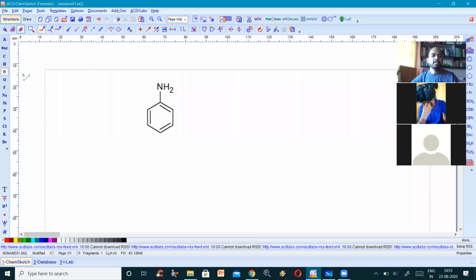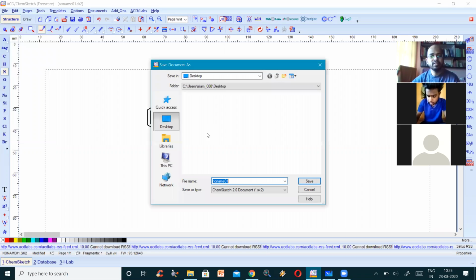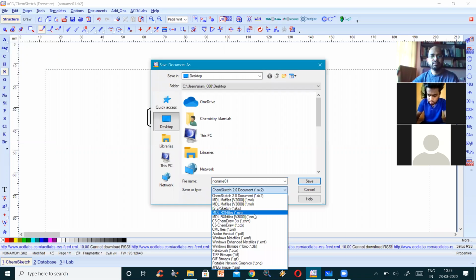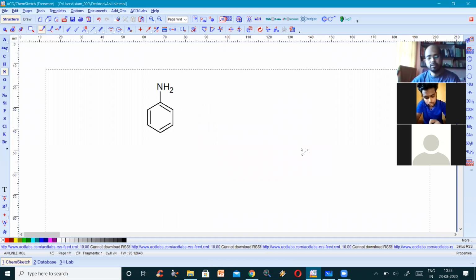Now, after trying something from the top portion and the lower portion, you can save this molecule. Here it is, Save As. You have to go for Save As, and there you'll have a lot of options. I think we saved the format in this molecule format, and you have to give that a name. Aniline dot mol is saved. And there are other options too.